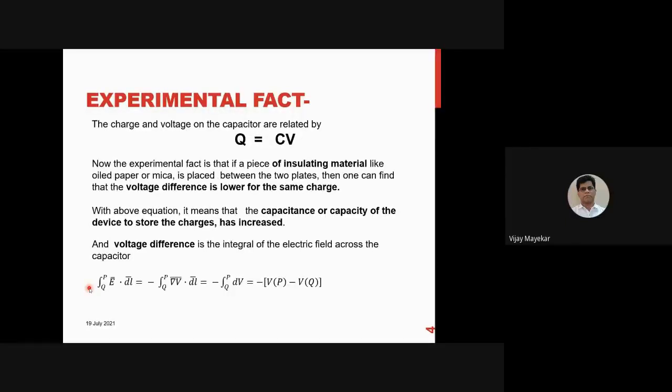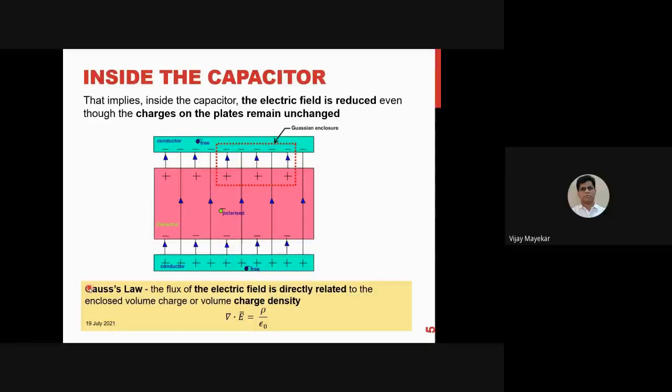You can see the diagram here. The same parallel plate capacitor, but instead of air, we now have dielectric material in place between the two plates. Now we go for the same size of Gaussian enclosure. Electric field lines start from the positive end and go to the negative end. Somewhere the electric field lines go directly to the conductor, and somewhere they are routing through the dielectric.